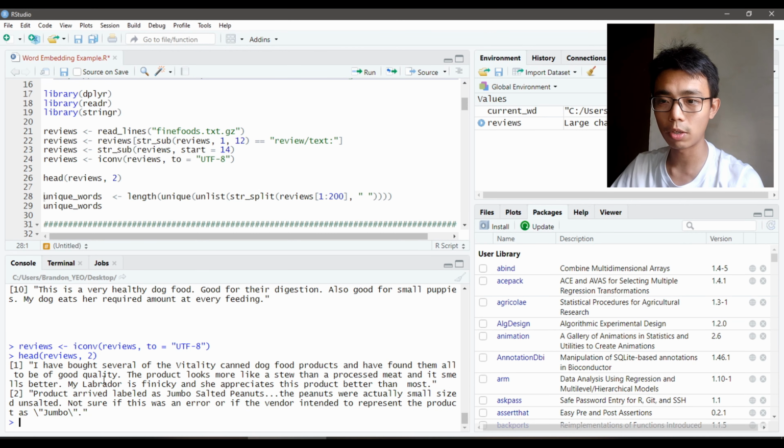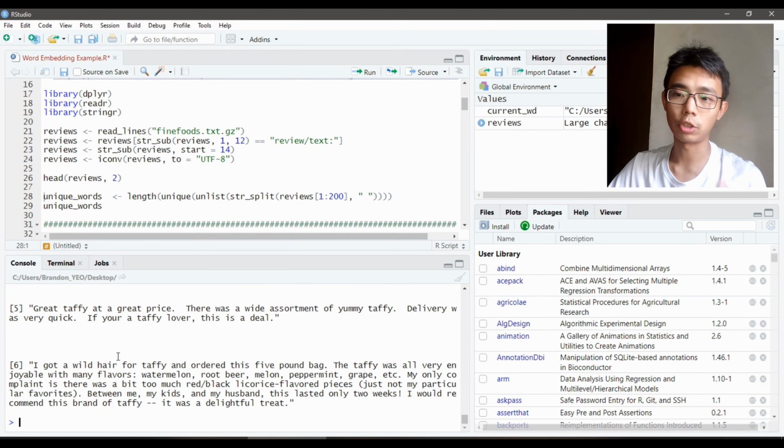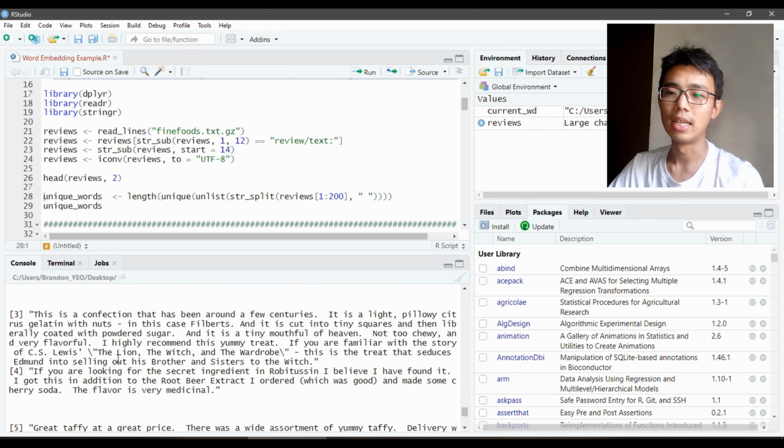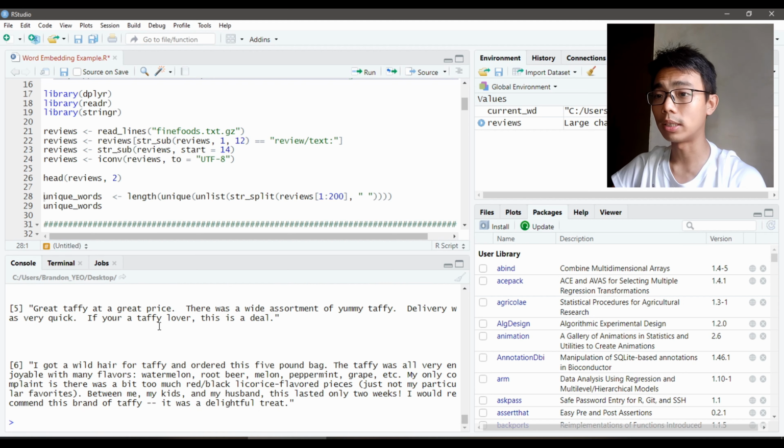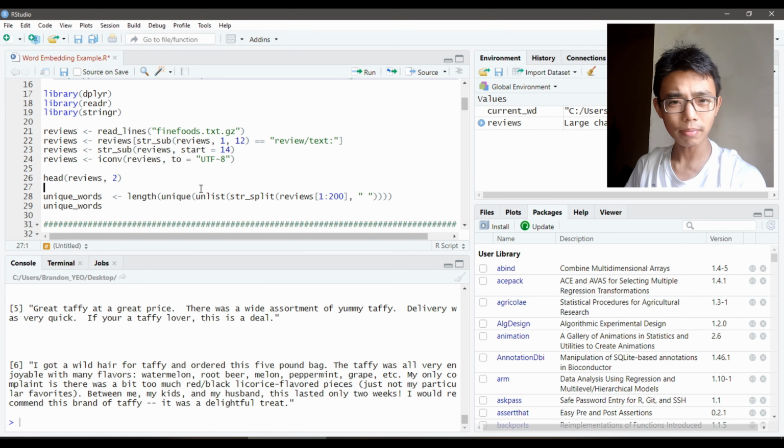We have this as a second review. And if you want to view more, you can change the number. Anyway, 1, 2, 3, 4, 5, 6: the first 6 sentences or paragraph of the review. So once we have all these sentences, we can actually start to calculate how many words of vocabulary we want